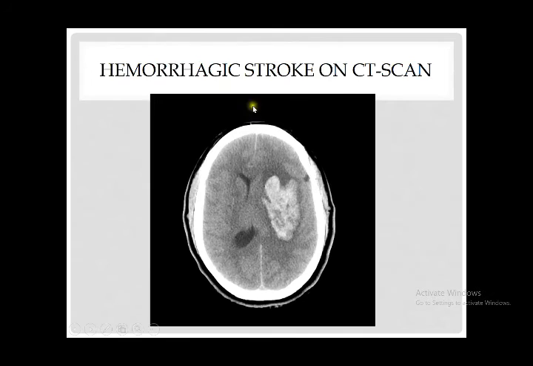How does hemorrhagic stroke look on CT scan? This is hemorrhage, as you can see here, a subcortical hyperdense shadow involving the basal ganglia and thalamus, and causing some mass effect with shifting of the ventricle contralaterally. This is basically hemorrhage, and it is typical for patients with high blood pressure, uncontrolled blood pressure, to present with such vascular hemorrhagic strokes on CT scan.